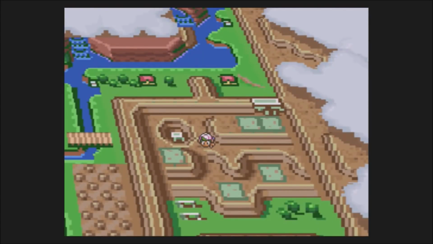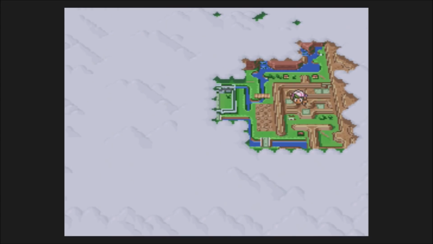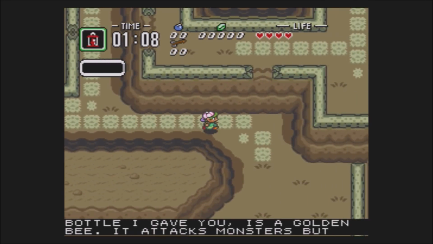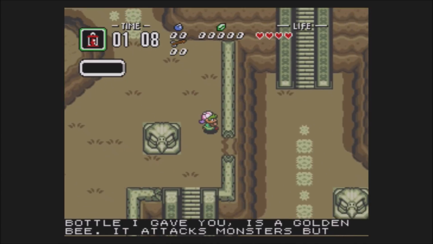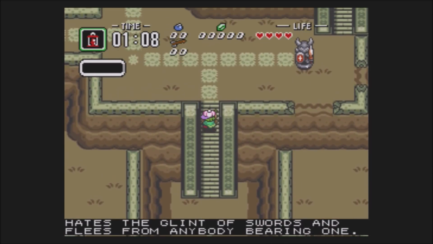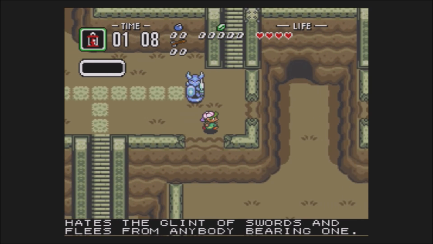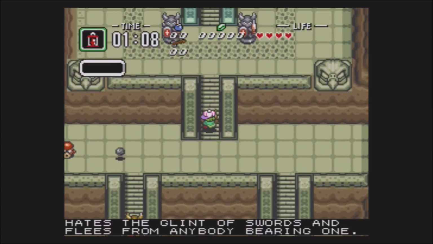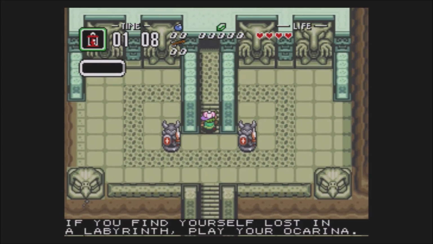If we hit X, it'll give us a map. Well, I guess we're kind of limited on where we can go. So yeah, Eastern Palace. The guy's saying at the bottom he gave us a golden bee. It attacks monsters, but it doesn't like the glint of swords and flees from anybody who has one. So I'm assuming that includes us. Or maybe soldiers if we come up to any soldiers. So let's check out this first